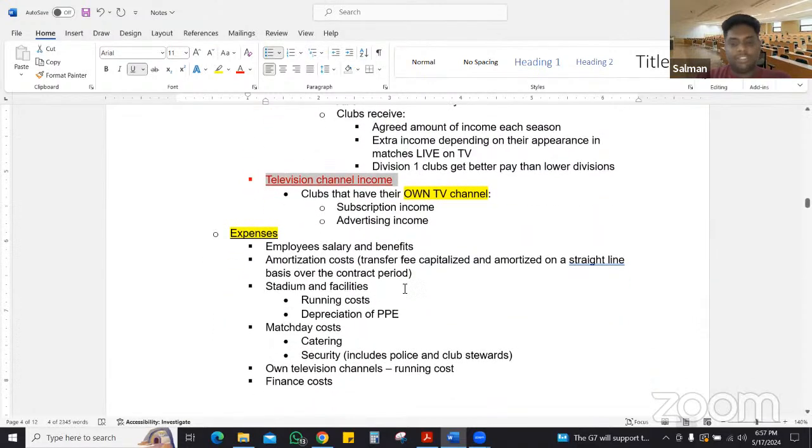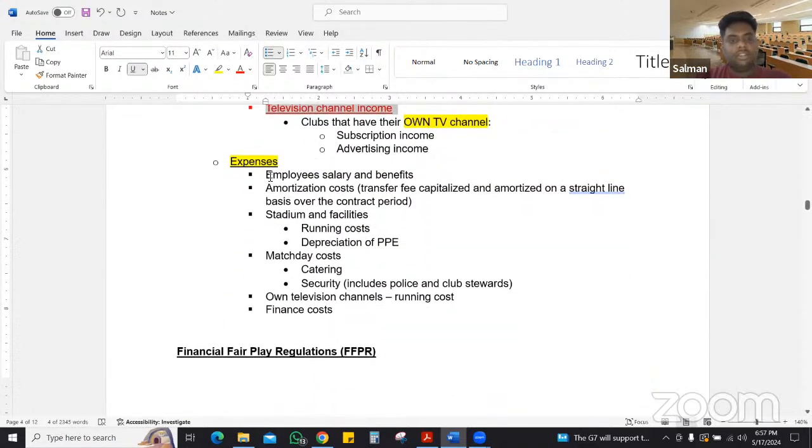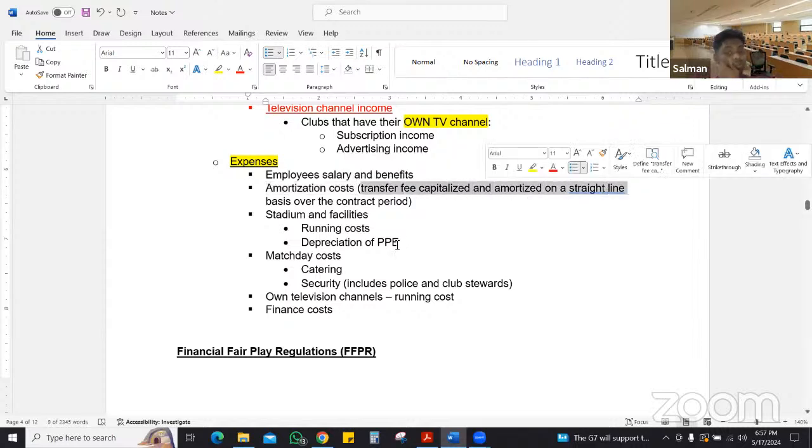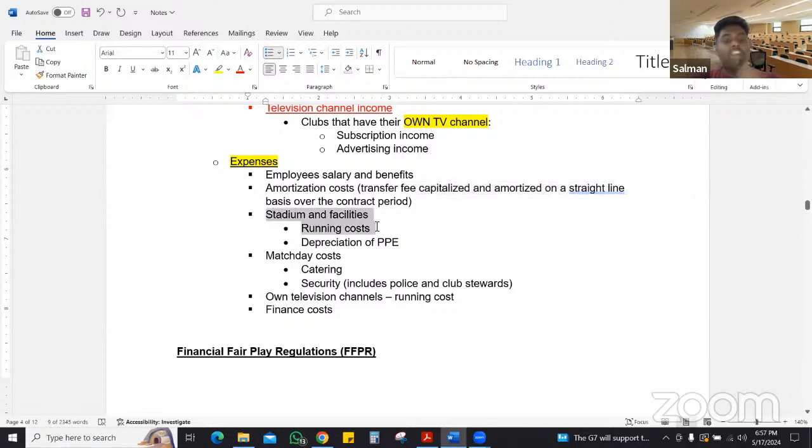In terms of expenses, we have some common expenses: employee salary and benefits, amortization cost, transfer fee capitalized and amortized on a straight line basis over the contract period, stadium and facilities running cost, you have to keep on maintaining the stadium, facilities, depreciation of property, plant and equipment,